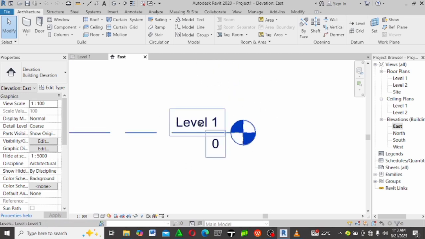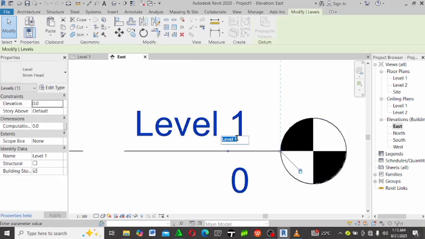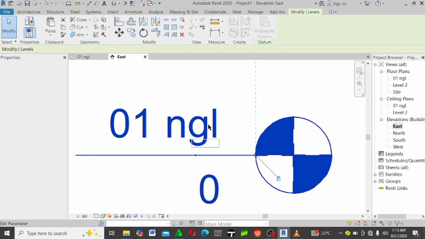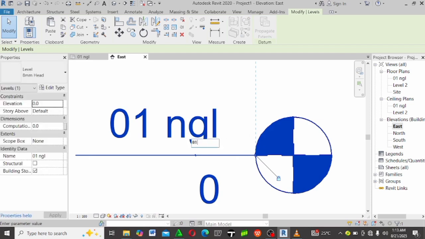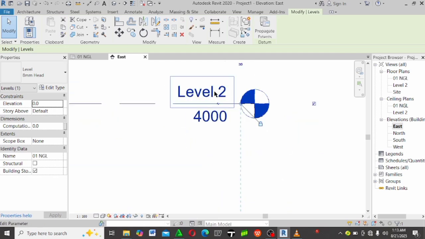So what we are going to be doing is to just double click on this Level 1 and rename this one 01 NGL, then click on enter. Okay, let me just do this one in capital letters. So 01 NGL, enter. And the second one, this Level 2, just double click on it also and write 02 DPC,